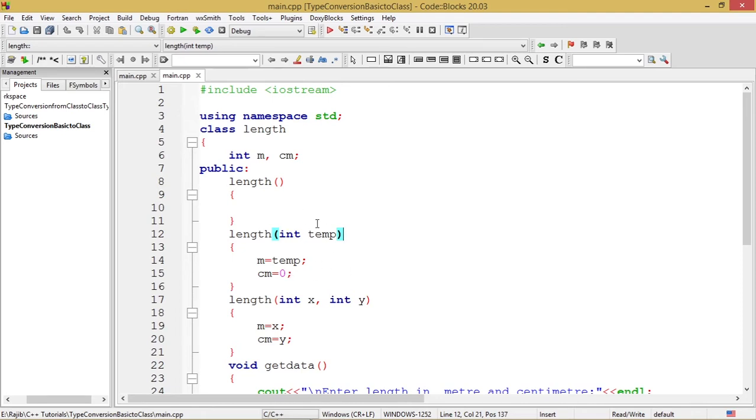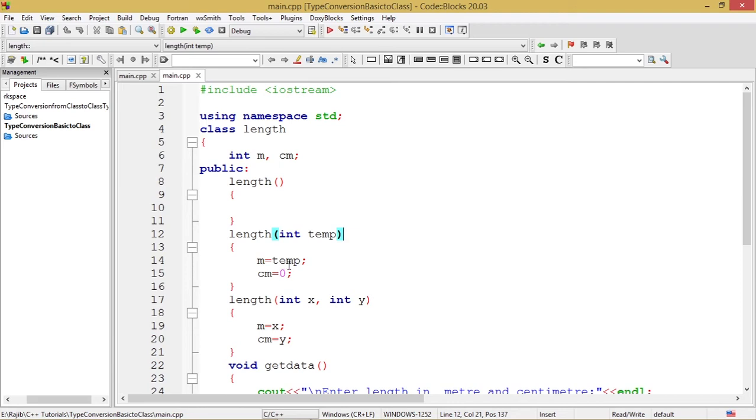So this constructor's purpose is to assign the value in the argument to the data member m, and along with that a default action is taken by assigning 0 to the data member cm.